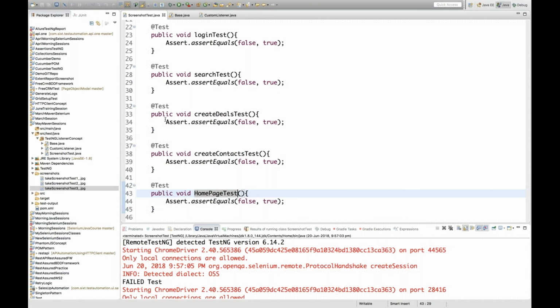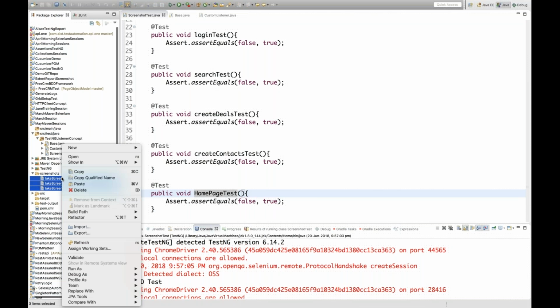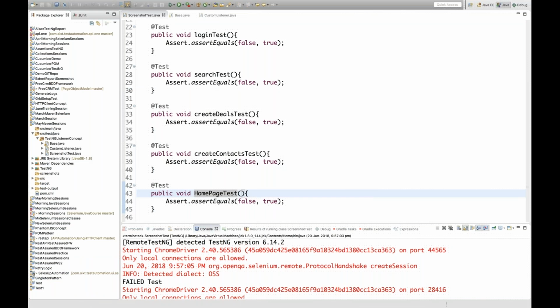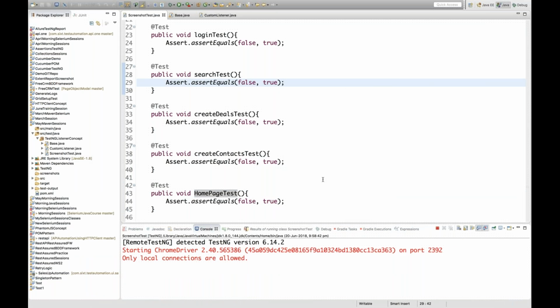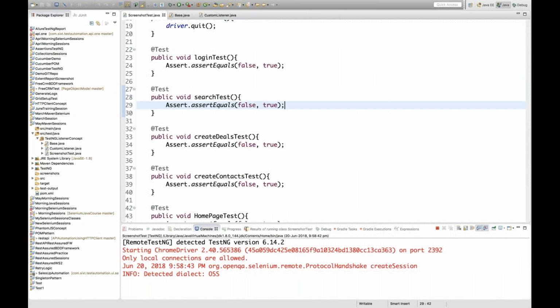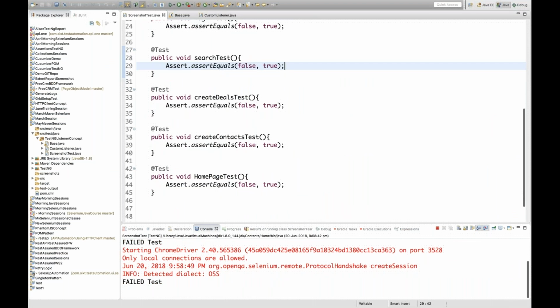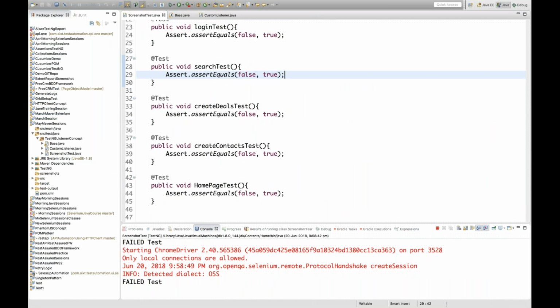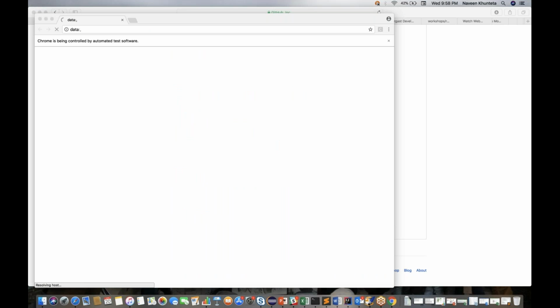Now we will execute all these test cases. Let me remove this one first, and the same code will work inside your Jenkins also, guys. So how many methods we have? 1, 2, 3, 4, 5 methods. So five methods, right? Yeah, 5 methods we have. 5 times the browser will be opened and closed. It will take the screenshot, and then